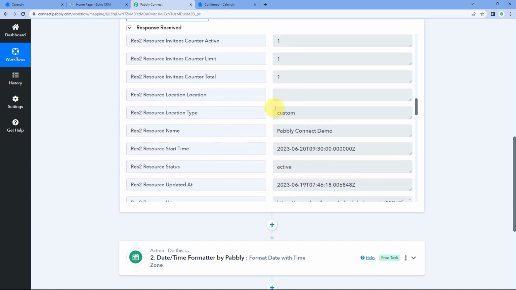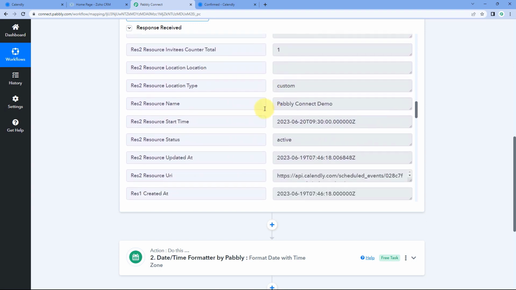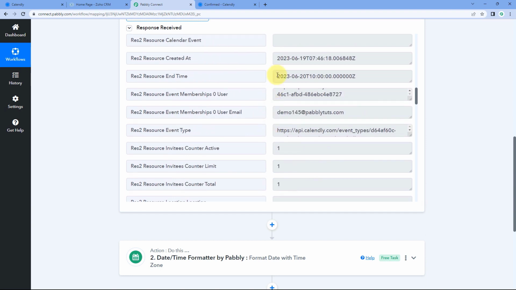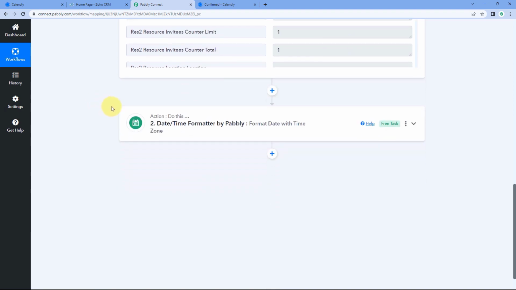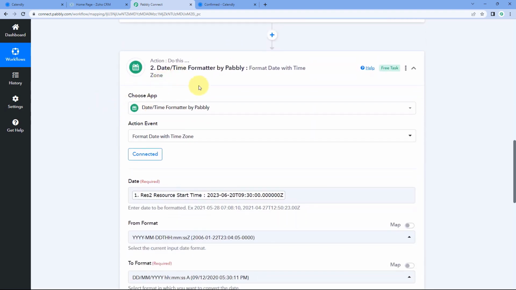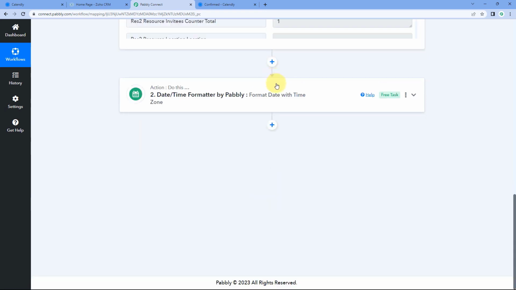Now we have to perform the same process for the end date and time of the event as well. So here we have received the response of end date and time. This is also in UTC time zone and in a pretty complex format. So we are going to change the format and time zone for that as well. So we will just scroll down and we have to perform this exact same action step of date time formatter once again. So instead of adding this once again, you can actually copy this action step and paste it